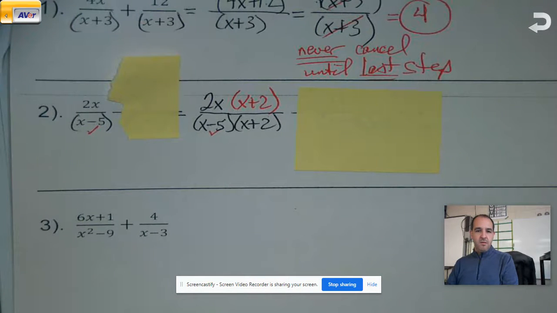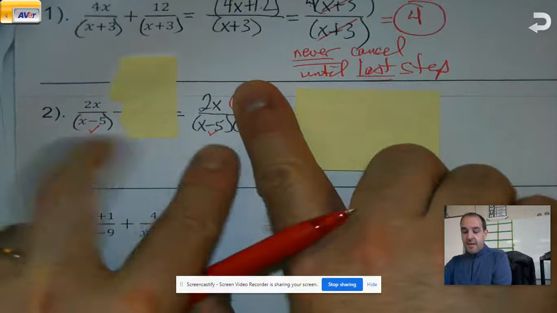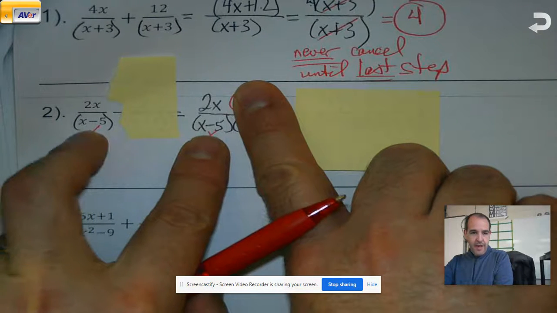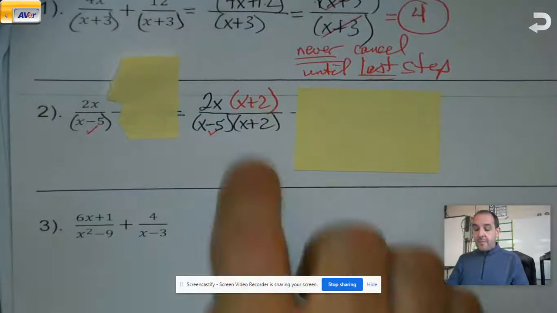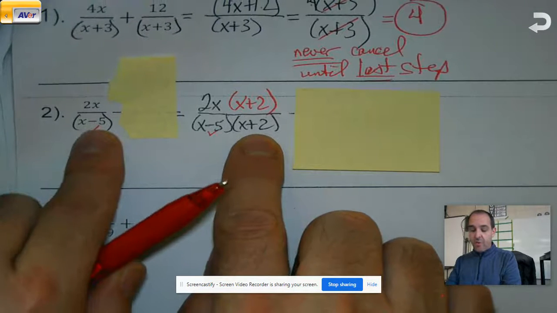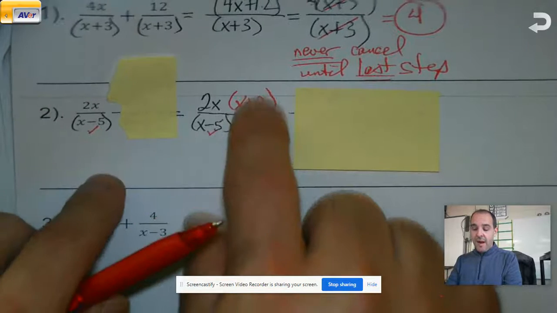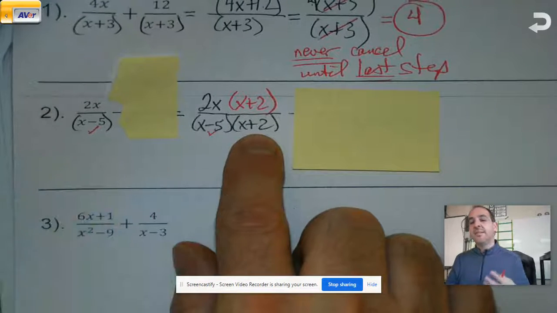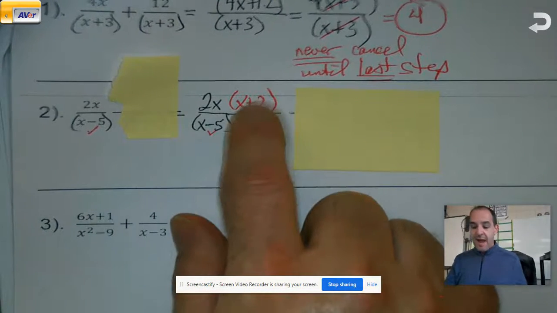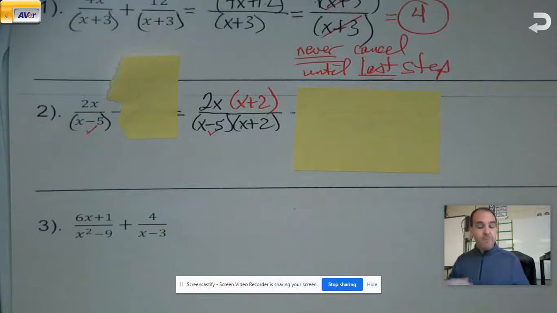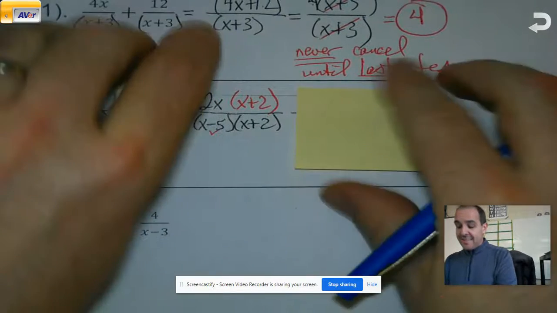Okay? Because think about that for a minute. If, and we're not doing this, so don't cross it out. If I were to look at this normally, I'd say, ooh, those are the same. I cancel them. And look what happens. I'm right back where I started. But now that this x plus 2 is also in my denominator, part of my LCD, whatever pieces I don't check off, whatever pieces of the puzzle are missing, that's what I have to put up here in the top. And that's how we build a numerator. Okay? We're going to do that same thing